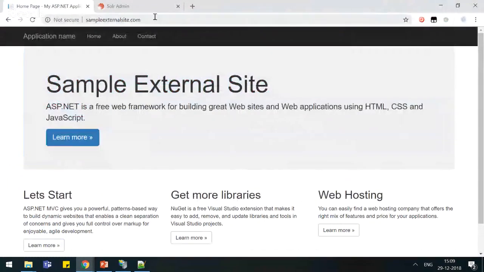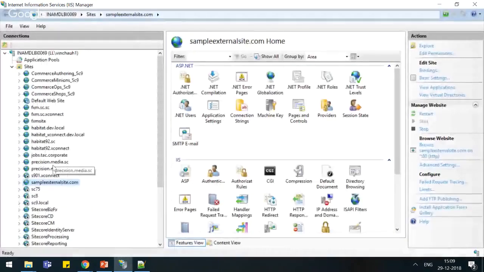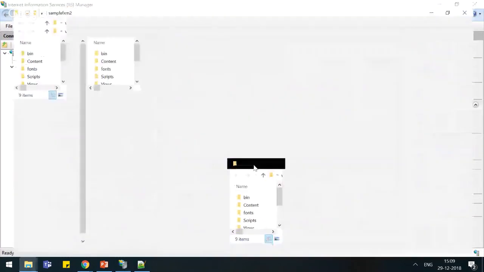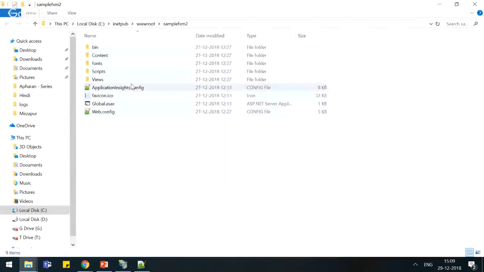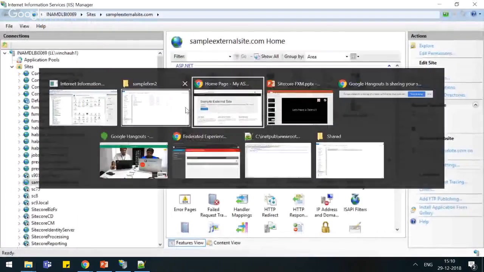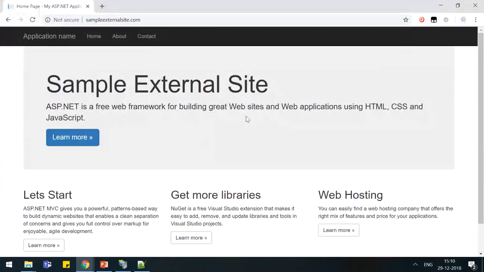So this is the external site, sampleexternalsite.com. It's already hosted on a local machine. That's IIS. This is the external site which I have hosted. It's a default ASP.NET MVC structure, which will be rendering a view. Overall, it's just a Visual Studio standalone MVC template. By default, if we run this application, this is the default website that is created by the MVC